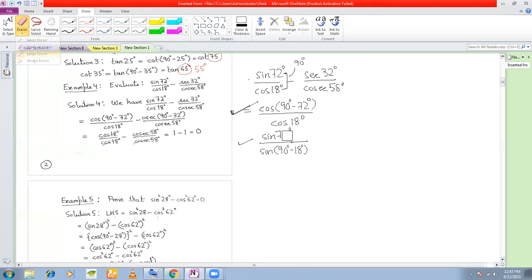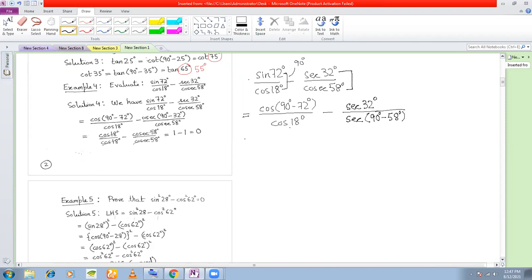So if I change sine to cos, then this is what I'll get. And here again you see that 32 plus 58, if you add, you will get 90. Also, what you see is sec can be changed to cosec, and cosec can be changed to sec. So keep sec as it is, because I told you cos is a very good function. So don't try to change cos. Keep cos as it is. That is cos and sec, because they are reciprocal of each other. And you can change cosec to sec. So if you change cosec to sec, you have to subtract 58 degrees from 90 degrees.